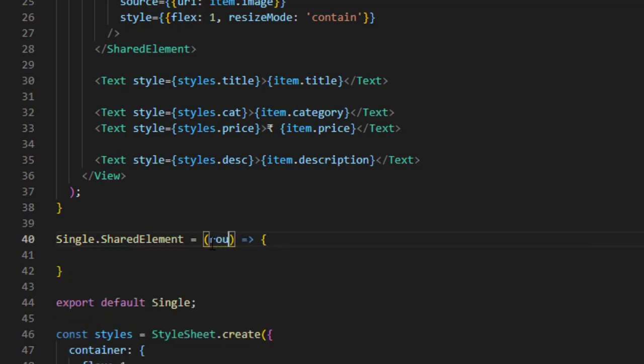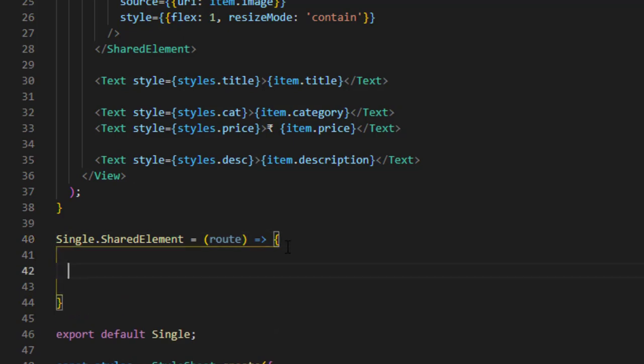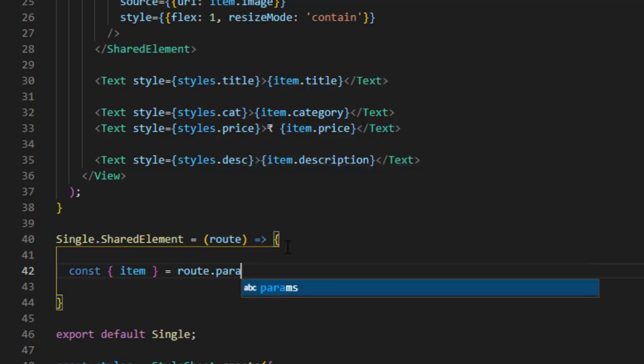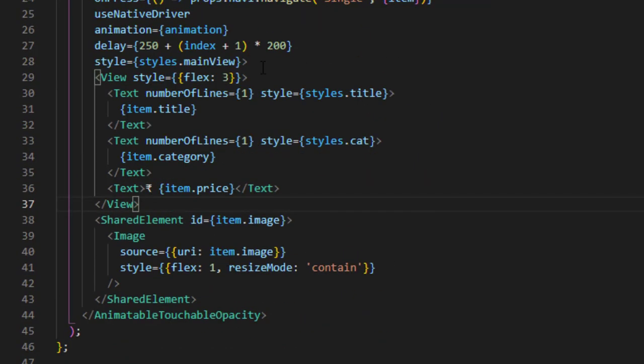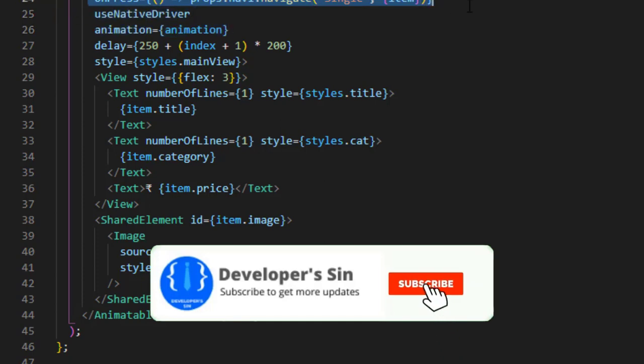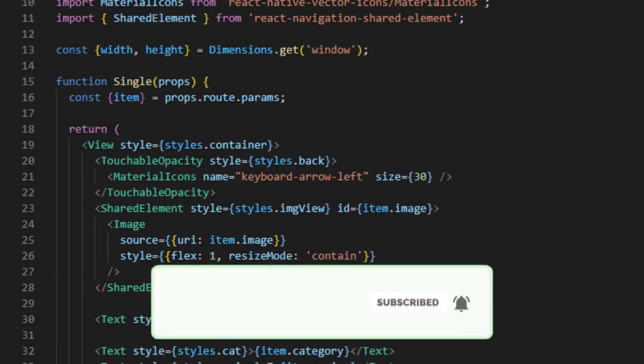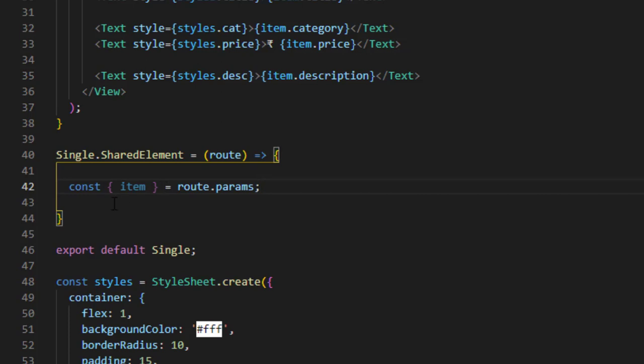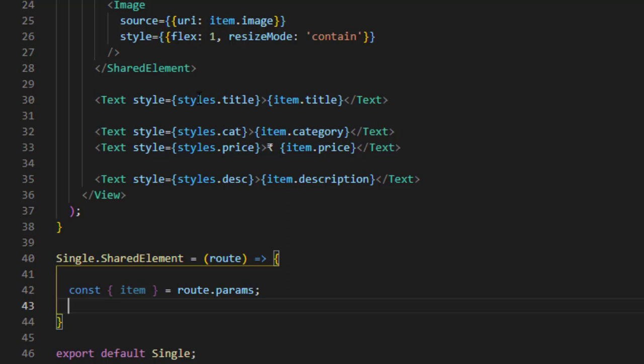I'm going to get the route, and inside that route I'm just getting the data of the item, because we are passing the whole object to the single screen. So I'm getting the data to identify the screen, because we specified some ID over here to transition.